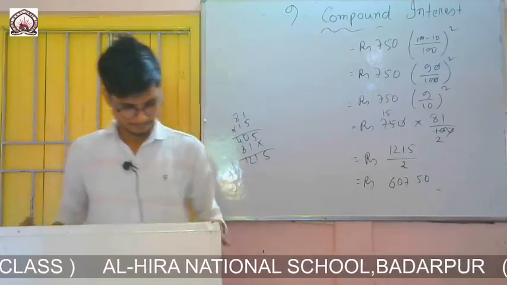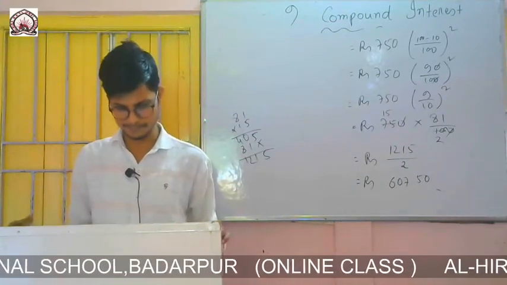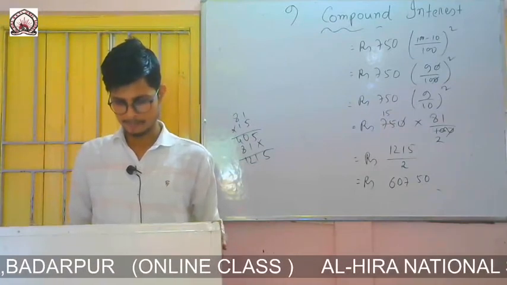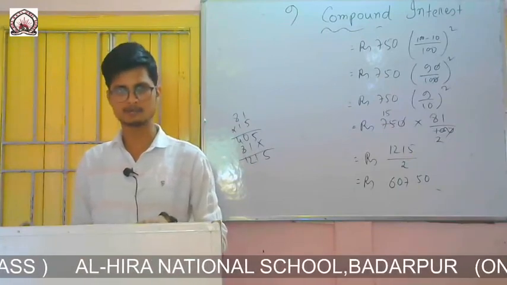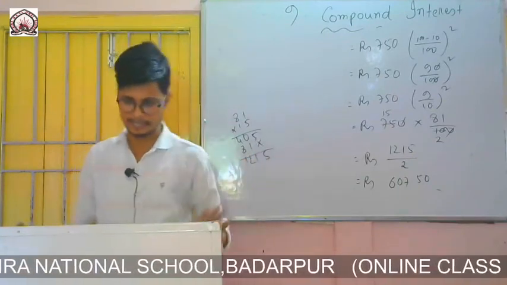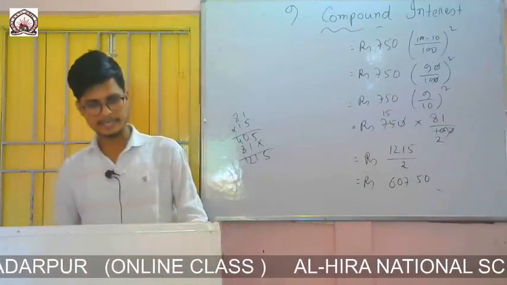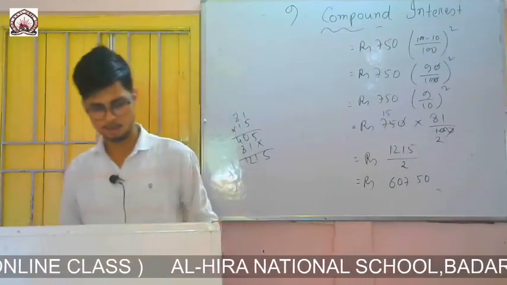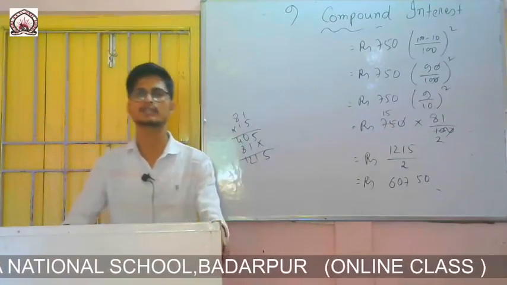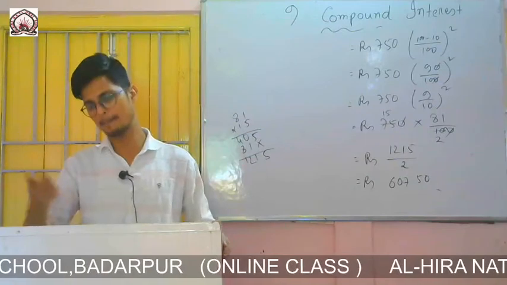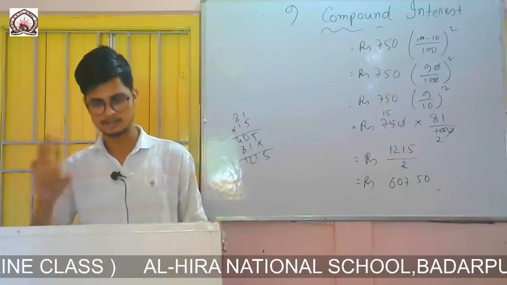Okay, now question number 13. The price of a scooter depreciates by 2% of its value at the beginning of each year. Find the sale value of the scooter after 3 years if its present value is 12,000. So same as the previous question. The present value is given as 12,000. It is decreasing, that means my rate will be minus. 2% it is decreasing every year, and the question is to find it after 3 years. So time is given as 3 years. Simply write the formula P into 1 minus R by 100 to the power n. You put the values, you will get the answer.